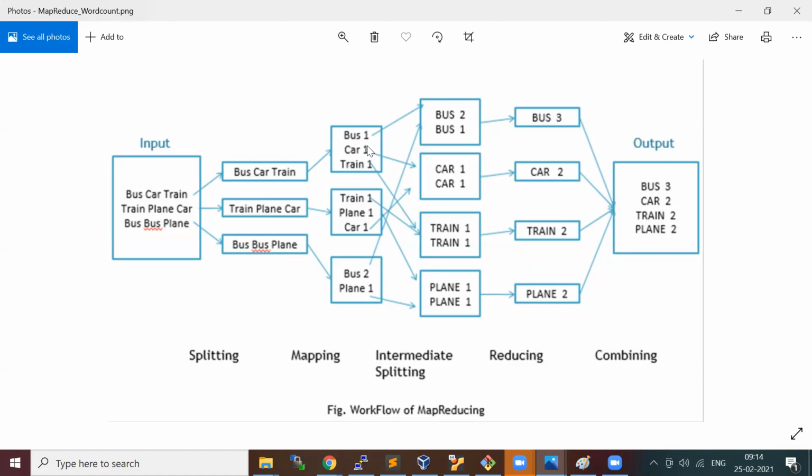Then this will go to the reducer input as a combination of a grouped key, which is a word, and the grouped values. So here we already summed up, and then that will be sent as the reducer output into HDFS.